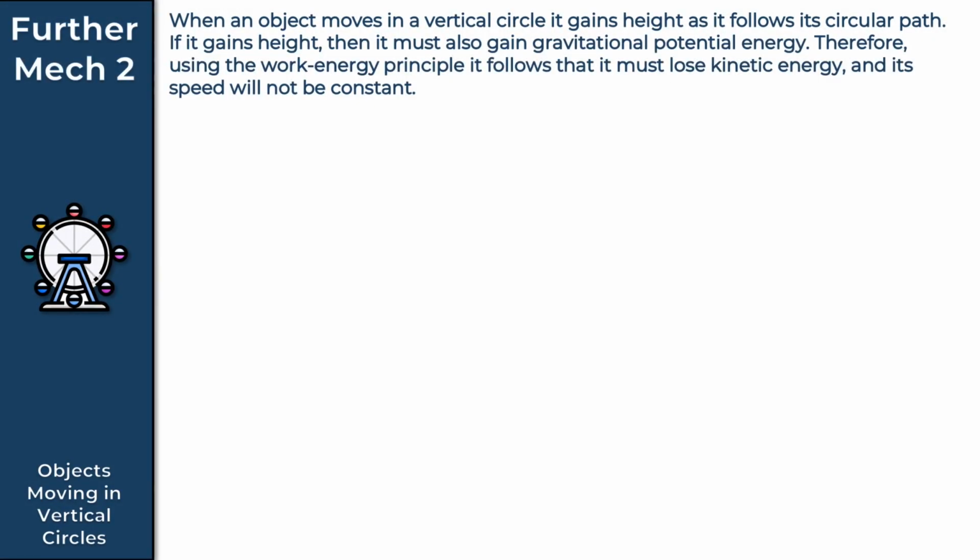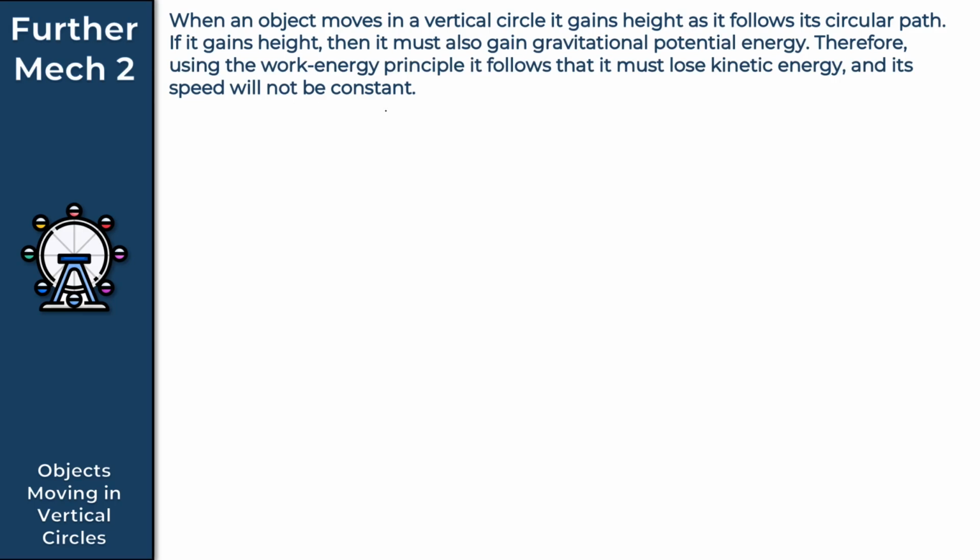In this video, we're going to take a look at objects moving in vertical circles. When an object moves in a vertical circle, it gains height as it follows its circular path. If it gains height, then it must also gain gravitational potential energy, which we often just abbreviate to GPE. So using the work energy principle, it must lose kinetic energy, and its speed will